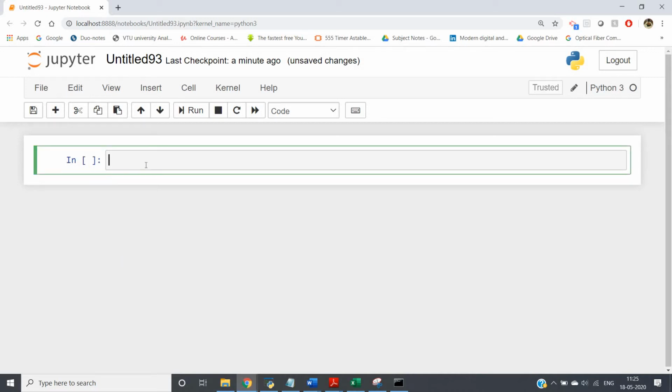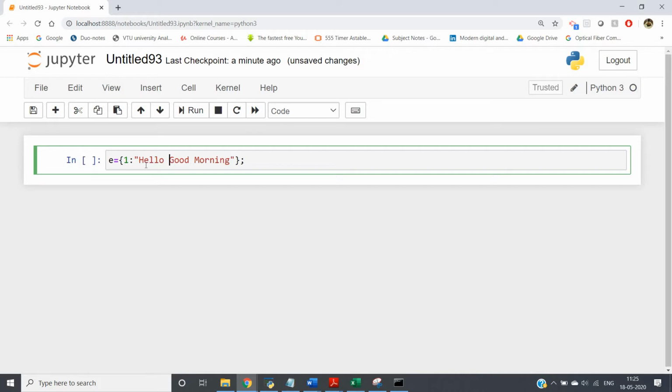Okay, so first of all let me create one dictionary. Suppose E equal to one empty dictionary we have defined. Suppose for the key, the first key is an integer, suppose 1. For that I am storing hello good morning.